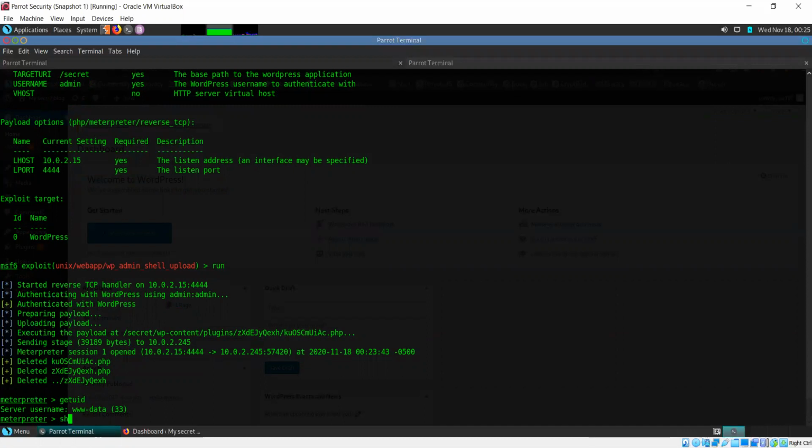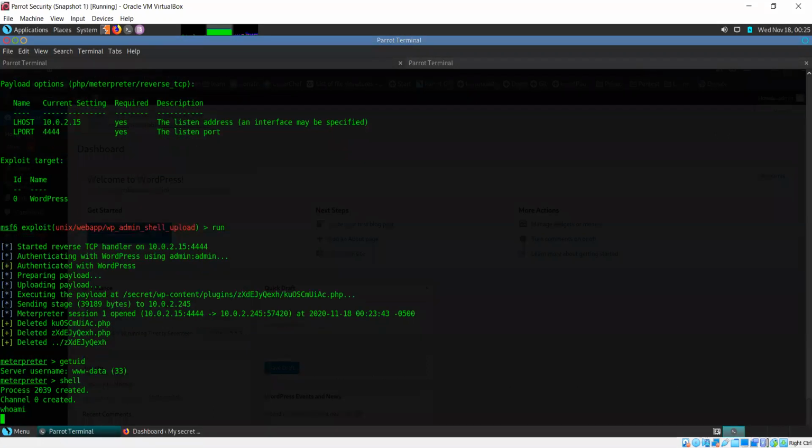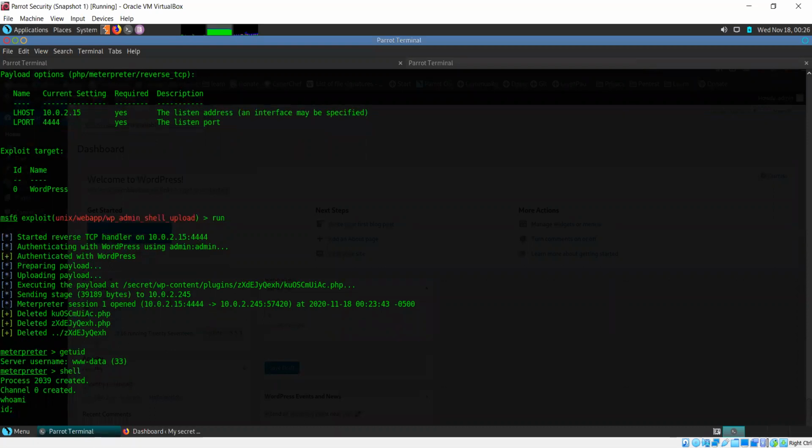Now what I like to do is get a direct shell on the system if I'm working. The Meterpreter is not really something which is preferred. The direct shell doesn't seem to be responding.